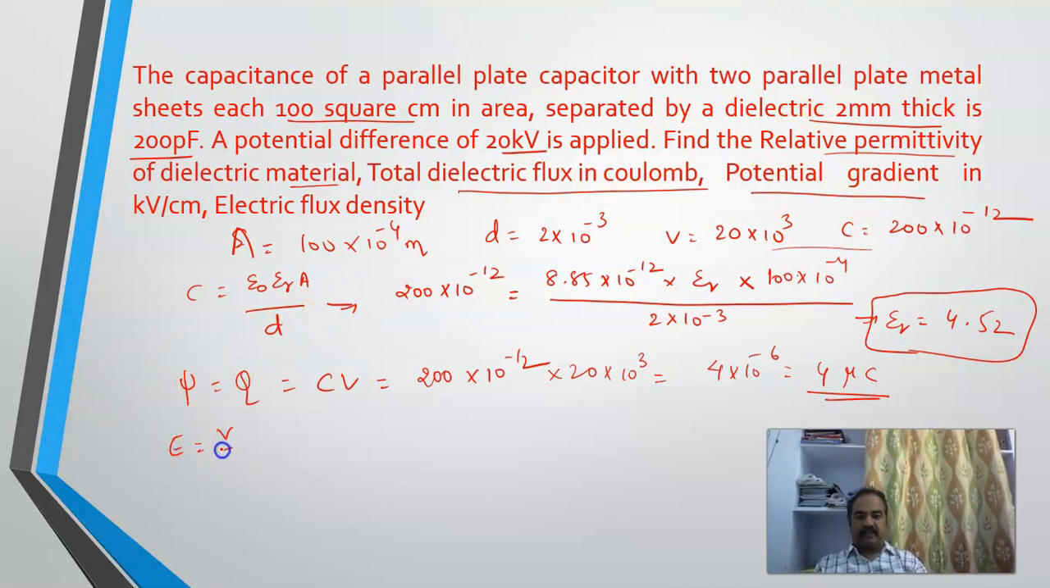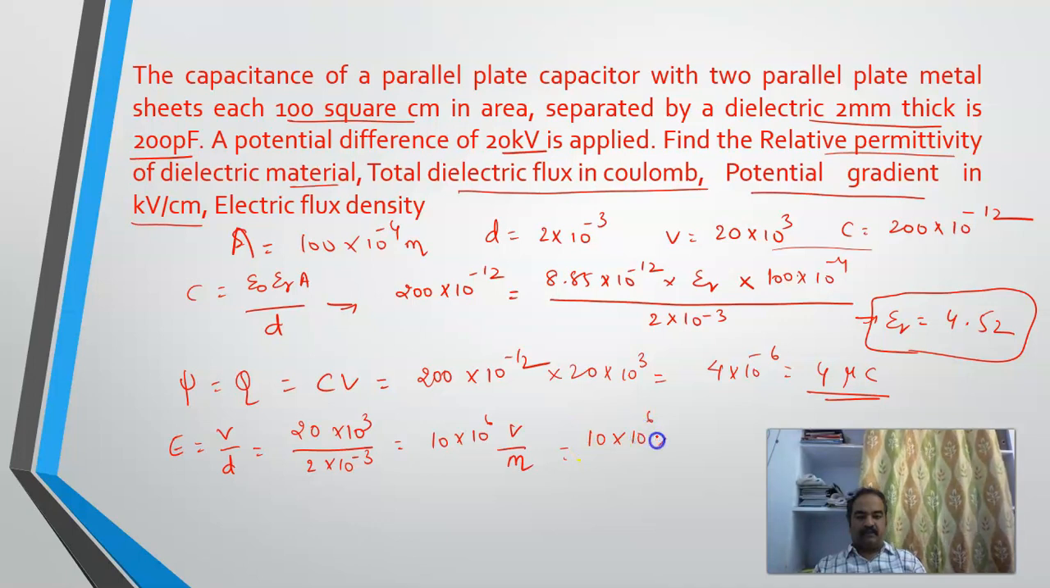Right. Now the next one is the potential gradient. The potential gradient is V by D. V is already there with you, 20 into 10 to the power of 3, by the separation, 2 into 10 to the power of minus 3. So what will you get? 10 into 10 to the power of 6 volts per meter. But he wants it in kV per centimeter, right? So I will convert this. This is 10 into 10 to the power of 6. If I convert volts into kV, it is 10 to the power of minus 3, and meters to centimeters is 10 to the power of 2. So we'll get somewhere around